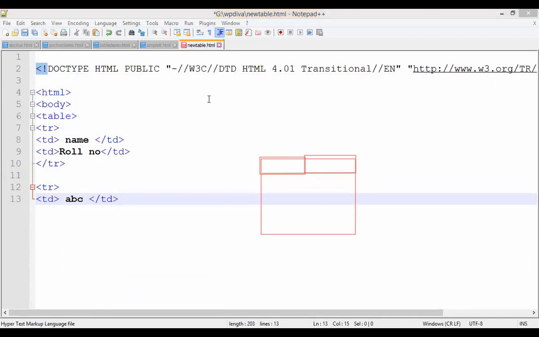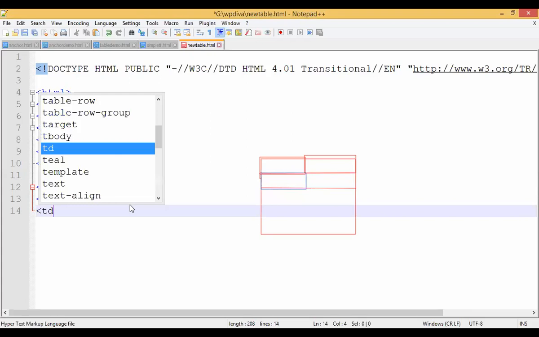The second row is framed, right? When I take a TR, the second row is framed here. And in that, 1 TD. So what happens for my 1 TD, guys? When I open that 1 TD, one more box is going to appear. Which box will appear? One more box, in the second row, first box, and in that ABC is written.